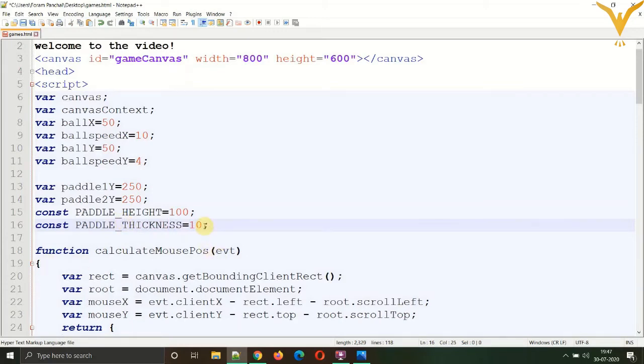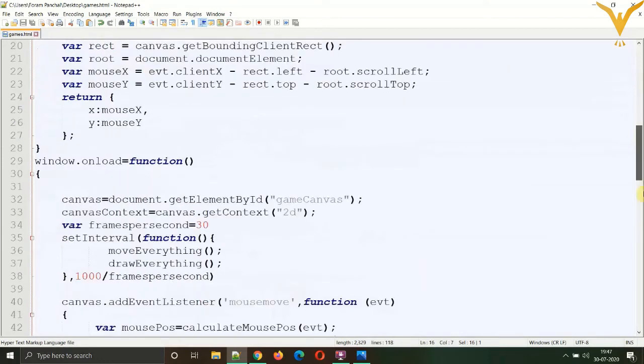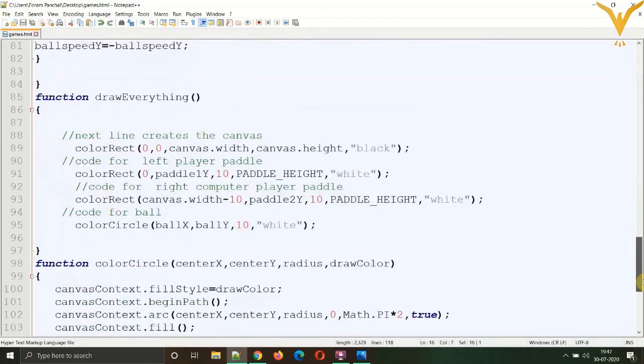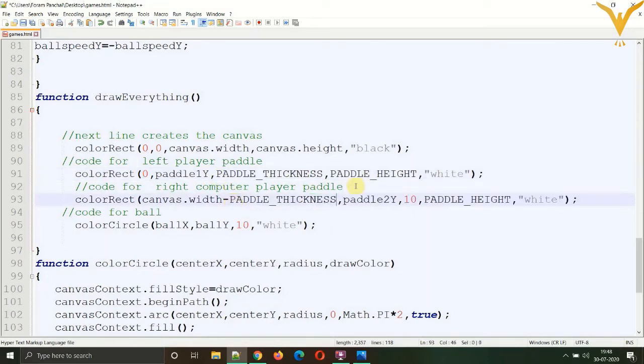Now wherever we are creating paddle and there is the number 10, we can just replace it by this variable. So all the values are forever in sync and won't change. Whenever we need to change the thickness, we'll change one variable, and all three parts will be proper. So we replace this by paddle thickness. Over here also, canvas width minus paddle thickness, and the width of the second paddle will also be paddle thickness.